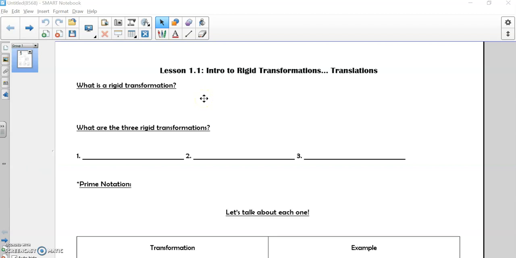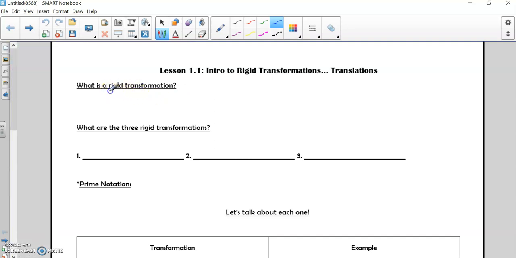Hey guys, so we're going to go ahead and continue from where we left off yesterday with transformations. Yesterday we started to talk about translations and it was kind of an introduction, so we're going to get deeper into that, but I'm also going to introduce the other transformations as well as talk about what these transformations are in the first place. So the transformations we're going to be talking about right now are called rigid transformations, and